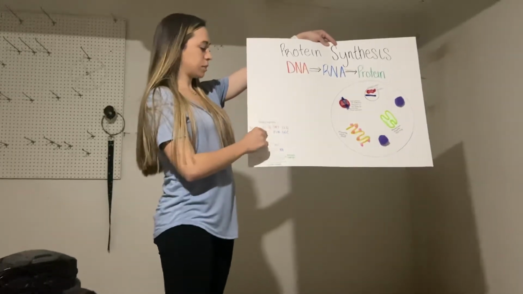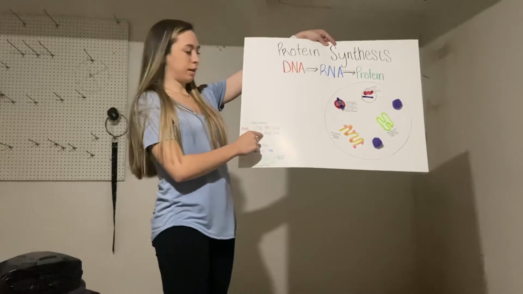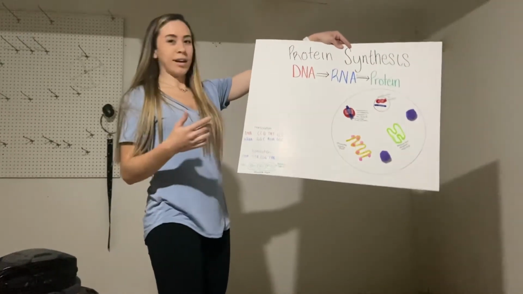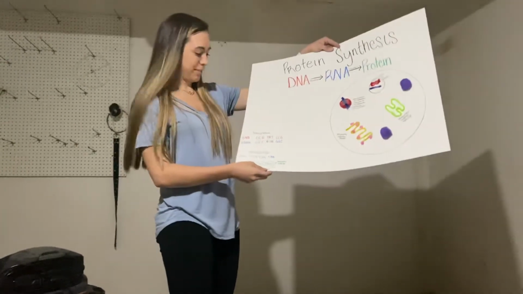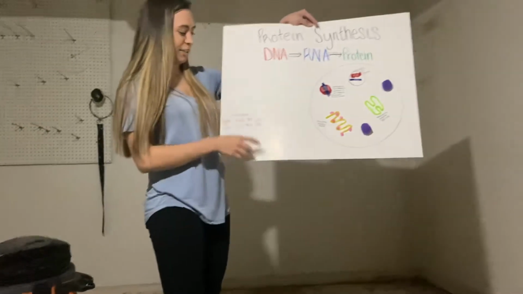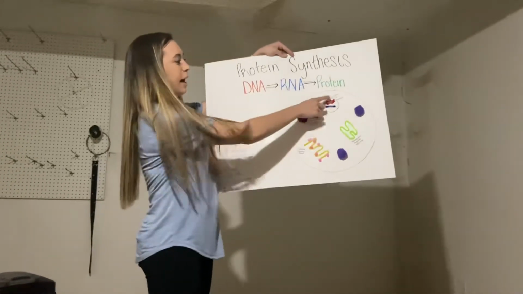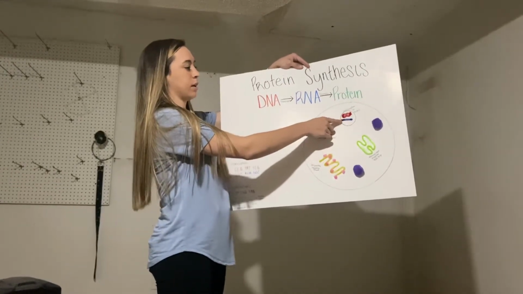Your C's will turn to G's, your G's turn to C's, your T's will turn to A's, and your A's should turn to T's, but there's no T in mRNA, which means your A's turn to U's, and so forth. And then after this transcription happens and the DNA turns to RNA,